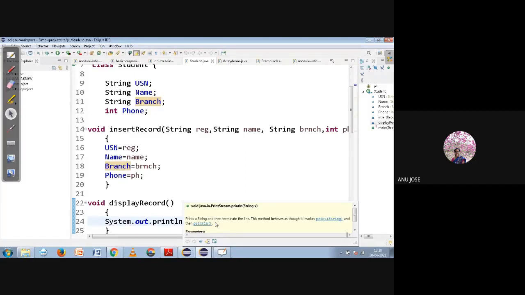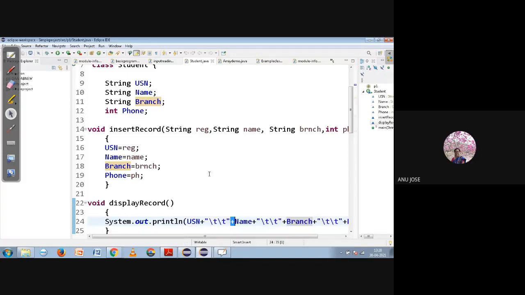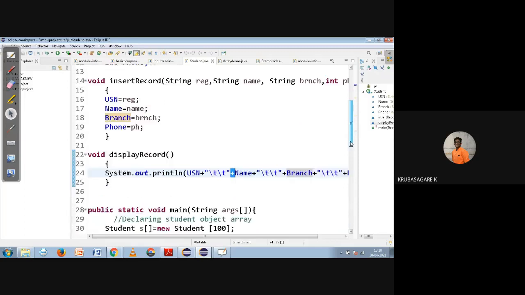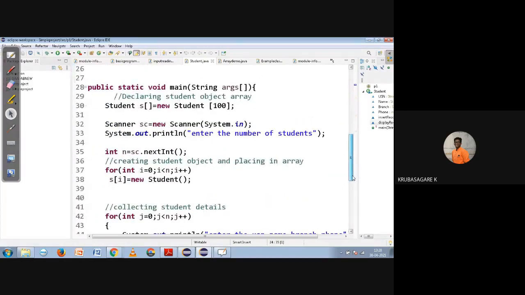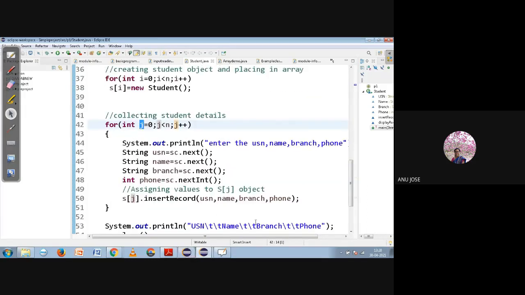Ma'am, can you hear me? Yes, tell me. For the main program, we can just use I for everything, right? Why are we using I, J, and M for each for loop? You can use any variable. It was just for distinguishing the different ones. You can even use the same variable. This loop was just for you can use I here, it will work. Even the same I you can use down also, no problem. Okay, ma'am.